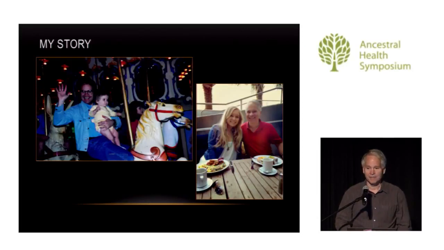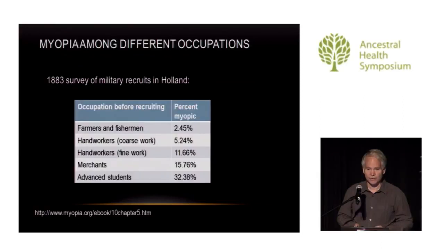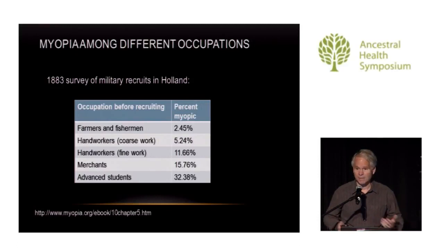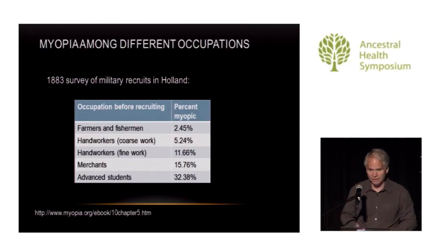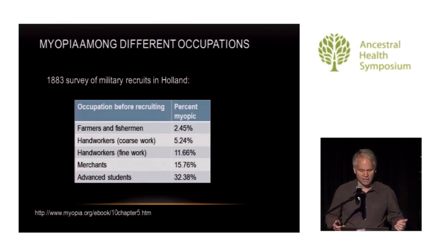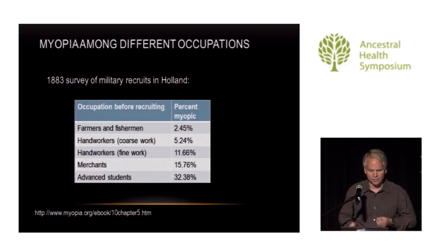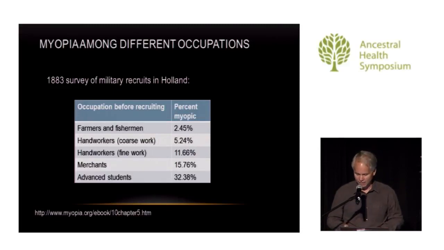coming into the Army. And if you looked at farmers and fishermen, it was about 2.5% prevalence of myopia. If you looked at leather workers who used their hands, coarse work, maybe about 5%. Hand workers who were doing fine work, perhaps jewelers, it jumps up to 12%. Merchants who were doing a lot of accounting work, paperwork, 15%, and advanced students, about a third. So that was some indication that there might be a relationship between the kind of activity you're doing and the